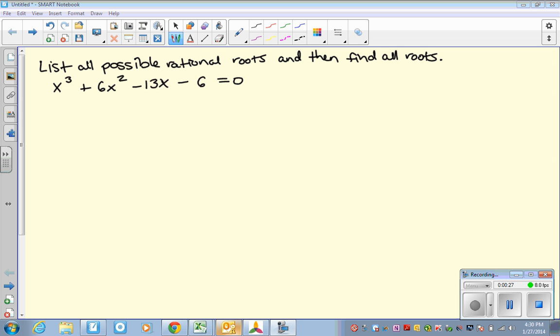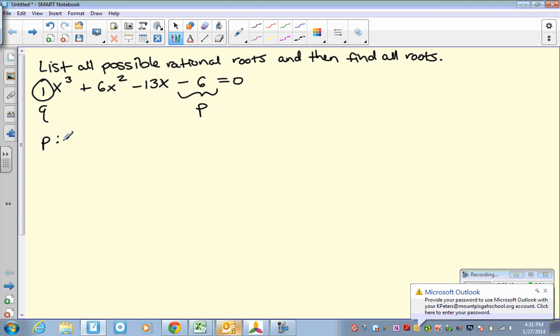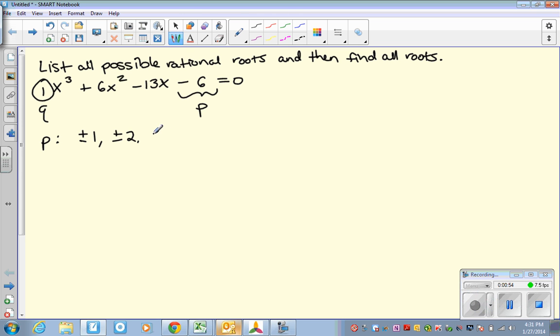So the first step to find all of the possible rational roots is to look at the possibilities for what are the factors of -6 and what are the factors for this coefficient, which is 1. Now this one's going to be our P, this is going to be our Q. So the possibilities of what can go into -6 are plus and minus 1, plus and minus 2, plus or minus 3, and plus or minus 6. The numbers that can go evenly into Q, well, the only number that can go evenly into 1 is positive